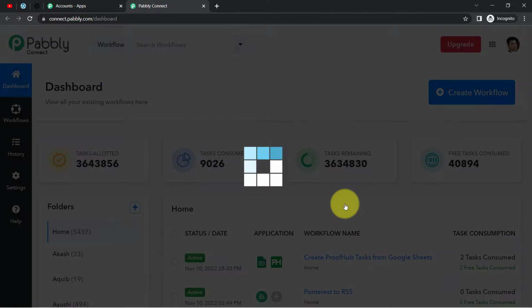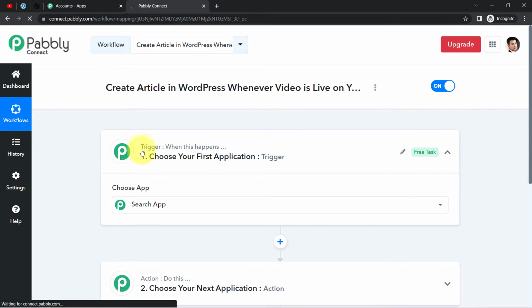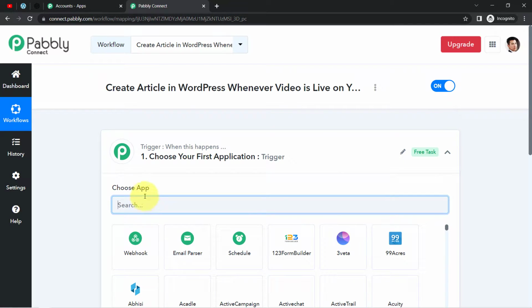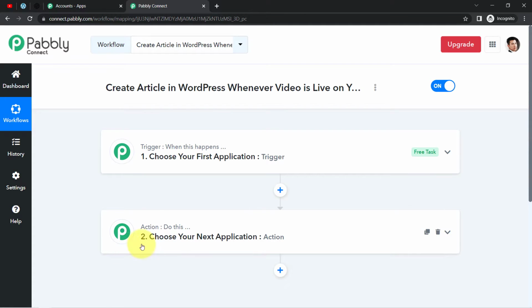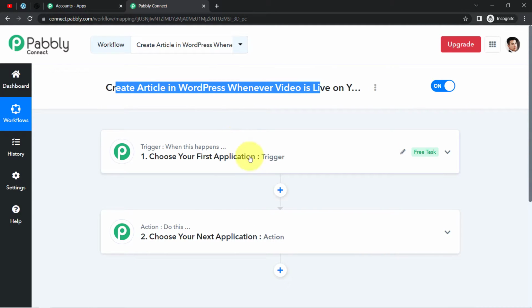Okay, click on create and you will find two boxes in front of you, and those are trigger and action. Trigger means when this happens, action means do this. When this happens, do this. Understand with an example: let's say whenever a sale happens in a payment gateway application, send an email via Gmail application. Well, according to our use case, whenever the video is published in the YouTube application, automatically create an article